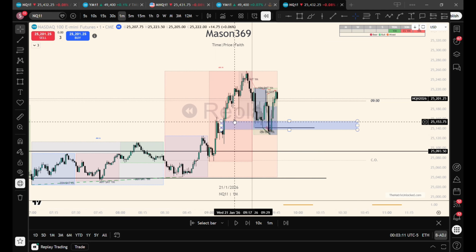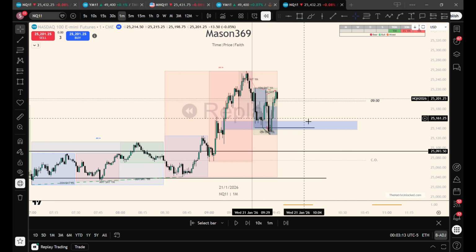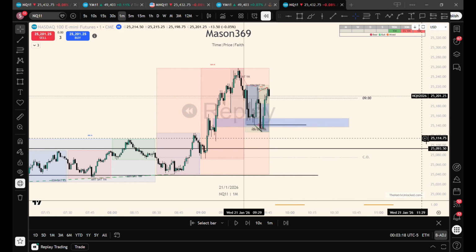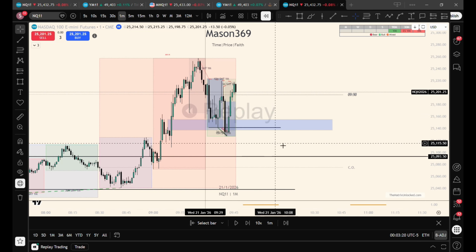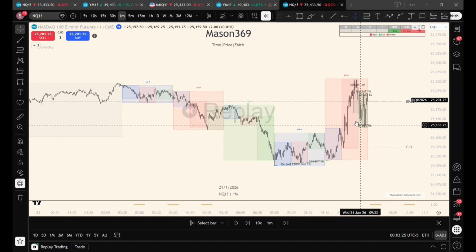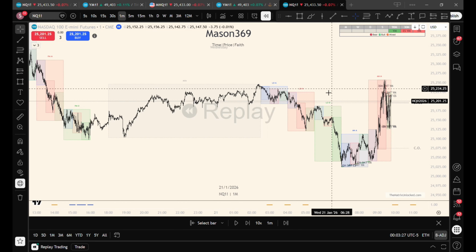And whenever we're in a POI, we don't automatically assume that it's going to function as support or resistance. We want to see our confirmation. Our confirmation is going to be SMT and CSD along with a smaller time cycle purge and revert. Now from here on out, if we go and look at our higher time frame draws on liquidity, again, what we're